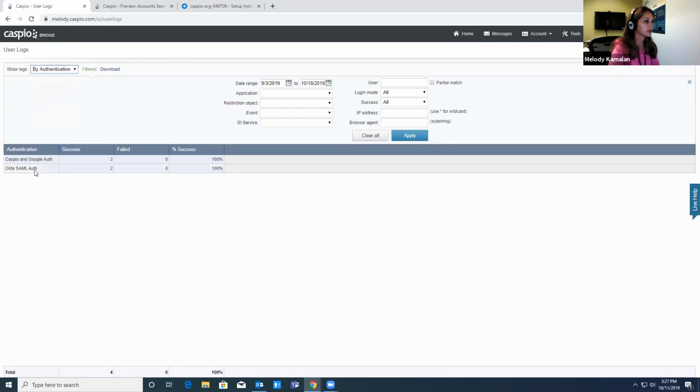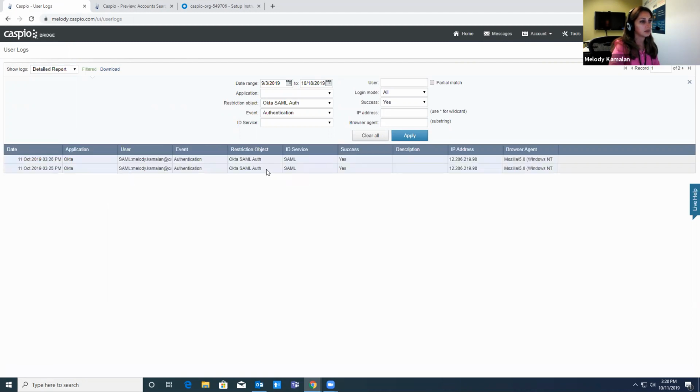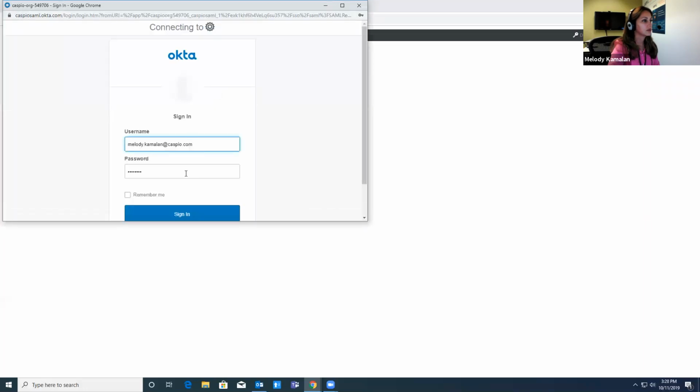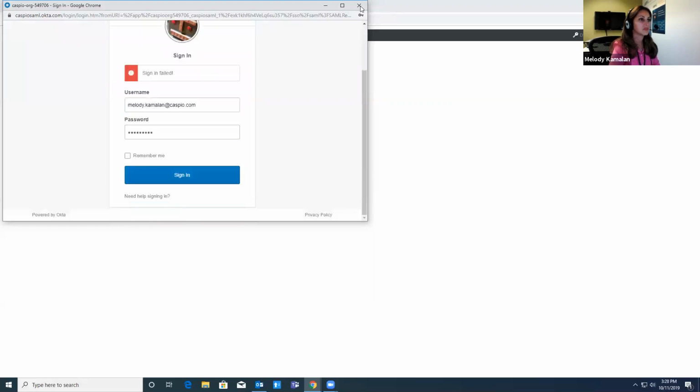By authentication, SAML. Since this authentication is not going through Caspio, it's not recording. Now, if I do this sign in,